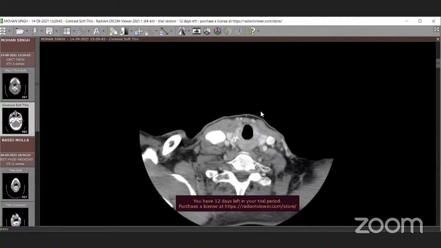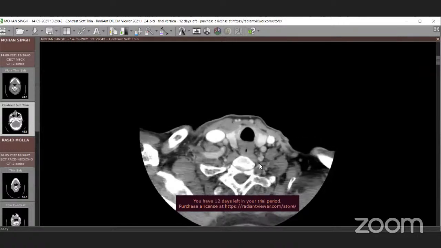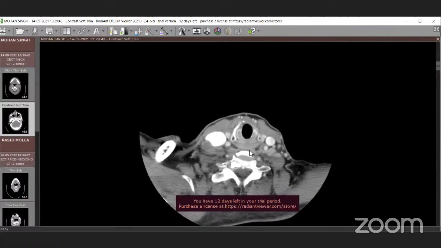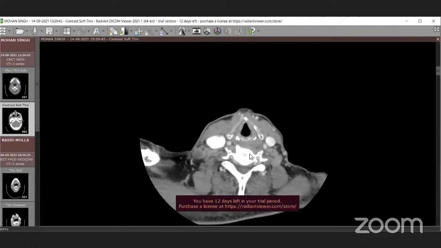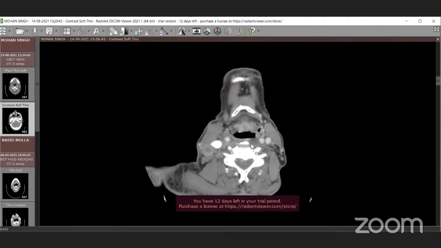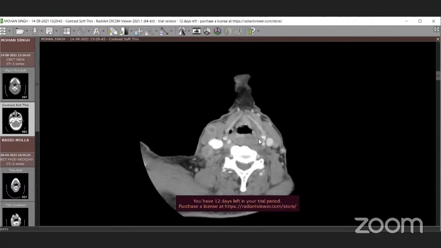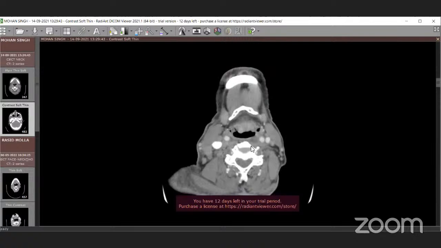So this is the cricopharynx. I'll come from below. This rounded structure behind the trachea is the cervical esophagus. And when it flattens up here, the same tubular structure is flattened out. This is the cricopharynx, and the muscle that is just above the level of the cricopharynx is the level of the inferior constrictors. So by the time you see the cricopharynx, your constrictors are over. So that should be probably your demarcation between the two.